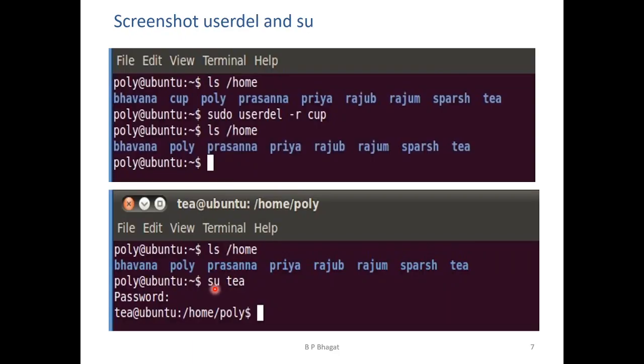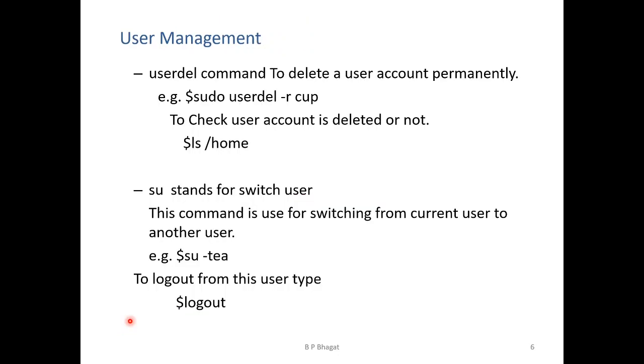Once this command is entered onto the $ prompt, su - t will ask us to enter the password for the t user. Once the password is added, we will switch from the poly user to the t user. Finally, if we want to log out from the current user, the command logout is used, and in some cases we have to write exit onto the $ prompt so that we can come back to the previous user.